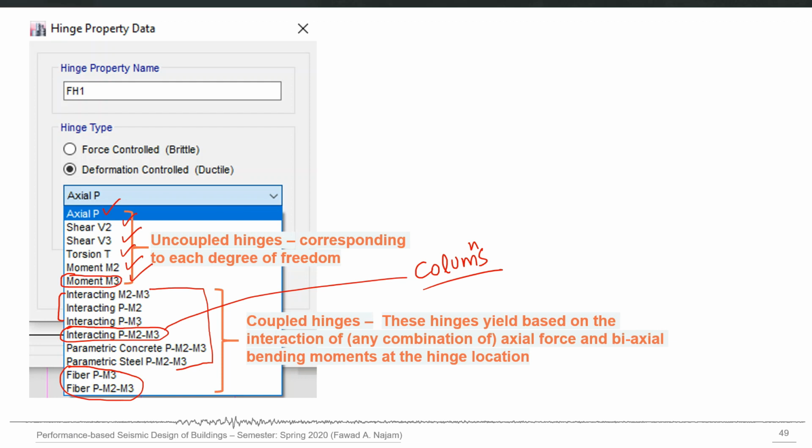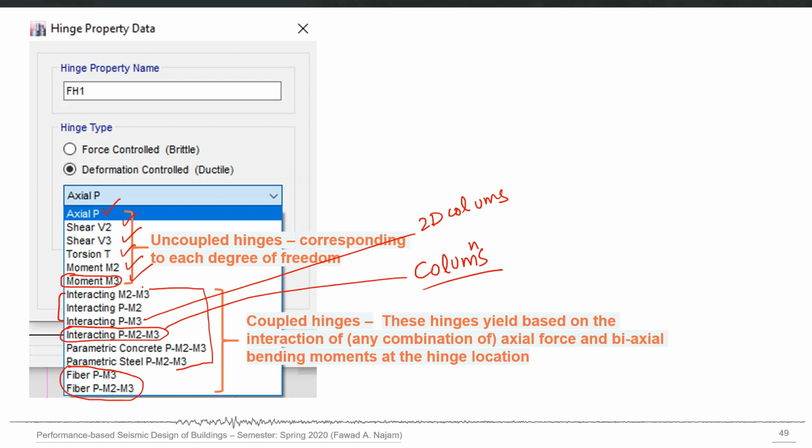So either PM3 can be considered as for two-dimensional columns, maybe two-dimensional frame columns where the primary moment is in the three direction. If the primary moment is in the two direction and it is a two-dimensional column, then you can go for PM2. If you only want to consider the inelasticity in the two moment degrees of freedom, then M2, M3.